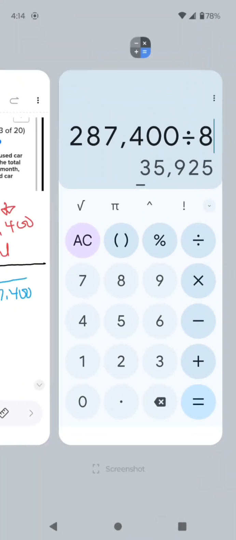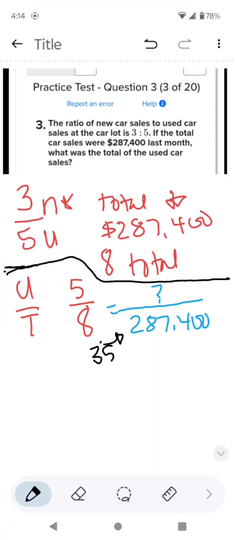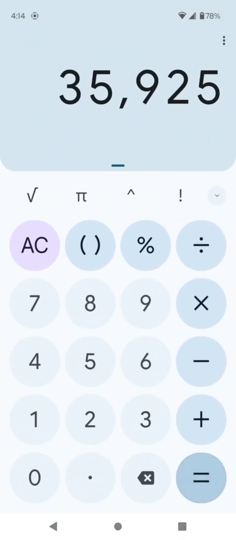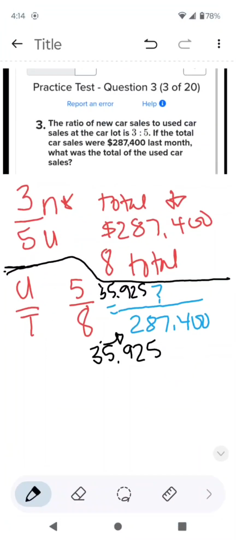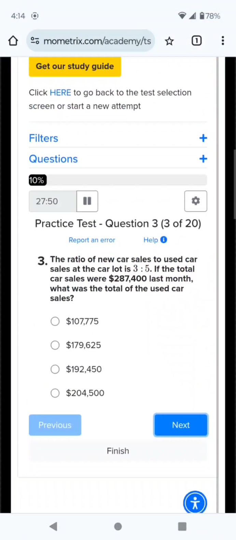So 35,925. That means that they multiplied this 35,925. So you'll come up here and do 35,925. So 5 times 35,925, 179,625. So my total answer up here would be 179,625. So let's go see if that's one of the answers. Yes. So my answer for this one would be,